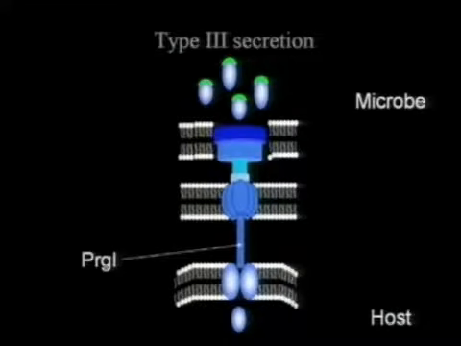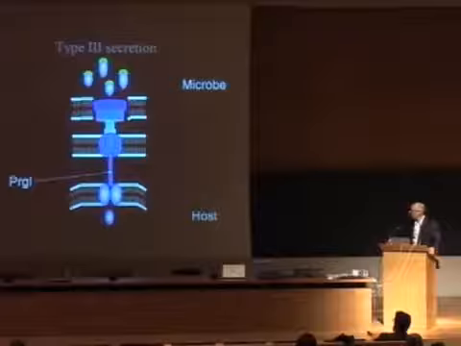Another project that we think is interesting in the type 3 secretion research going on in the lab is PrgI. So now we're switching to Salmonella, but this is probably true for all the type 3 secretion systems, and they turn out to be homologs. Structural biologists don't think in terms of bacteriological species, but of protein species, and the proteins are very similar in Shigella, Salmonella, and Yersinia. MxiH would be the equivalent in Shigella.